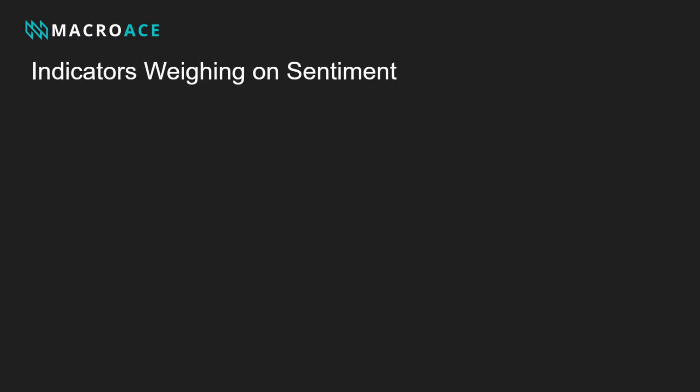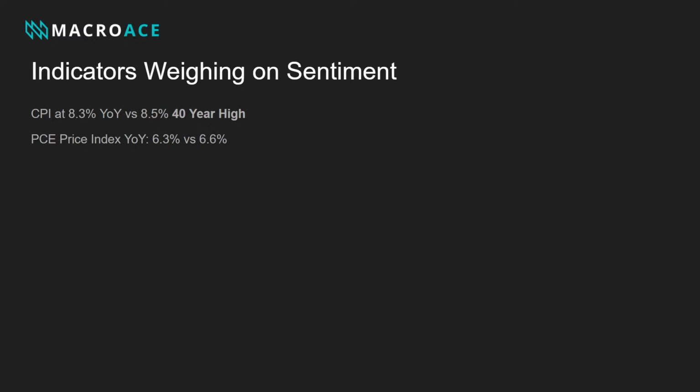So if we're carrying on then, the indicators that are weighing on sentiment, okay, the key things to be aware of are where the economy is at the moment. So you have CPI at 8.3% versus 8.5%. Although there was a slight dampening in inflationary pressures, we're still around 40-year highs, okay, with inflation in the US. And then with the PC price index at 6.3% versus 6.6%.